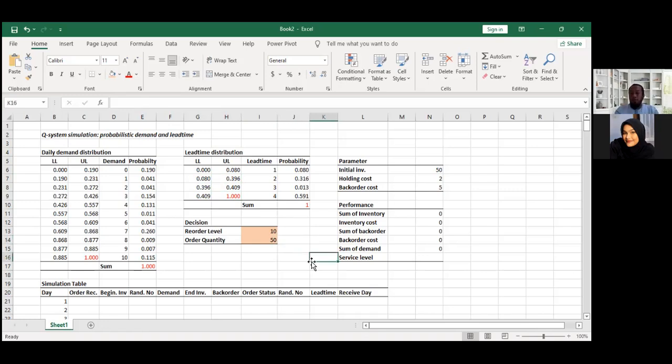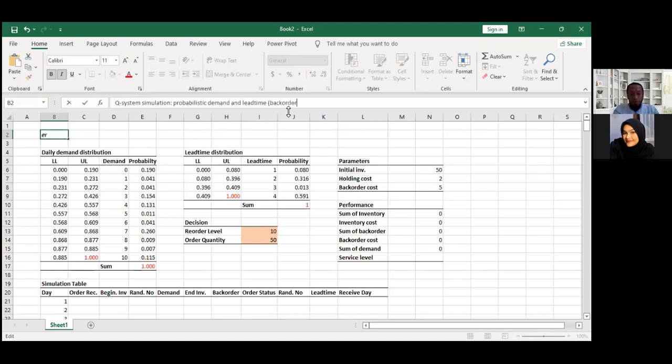Okay, so done. And then the parameters. The initial inventory, yes, we can identify exactly from the warehouse, so it will be a parameter. And the holding cost, in this case, let's say we can calculate the holding cost exactly. Let's say 2 rupiah or $2 per unit per day. Okay, and the back order cost. The case is back order, so we can put the back order case.